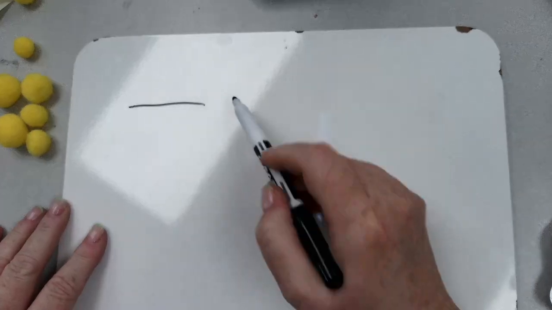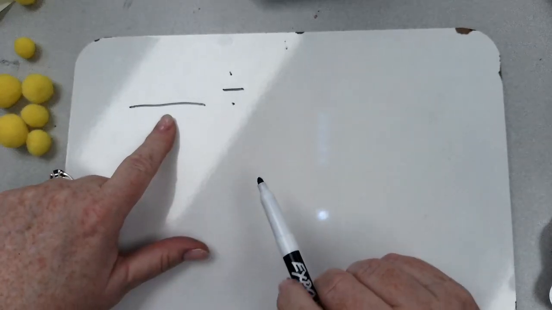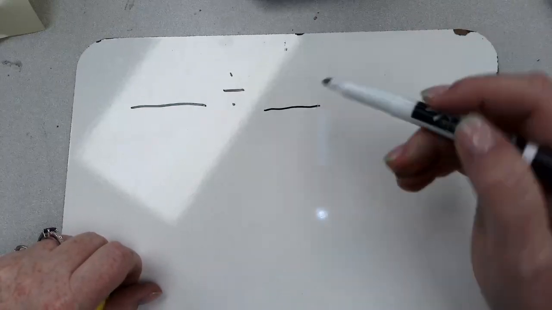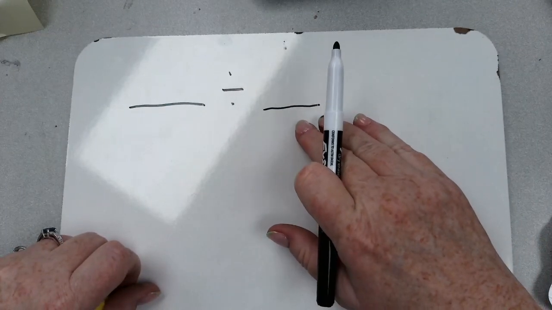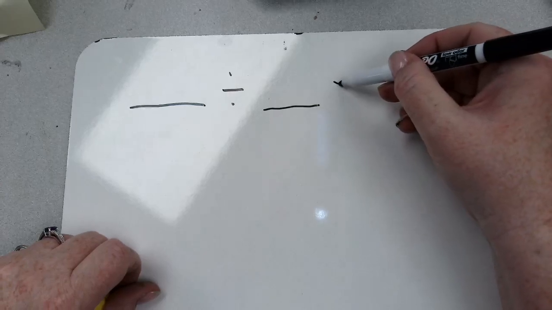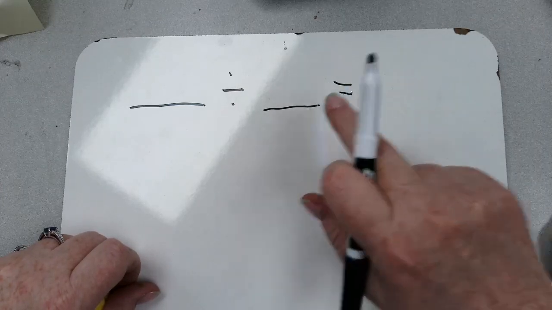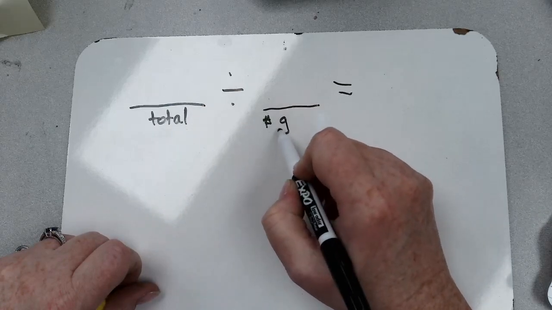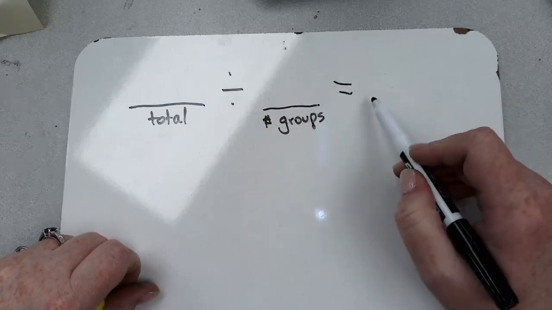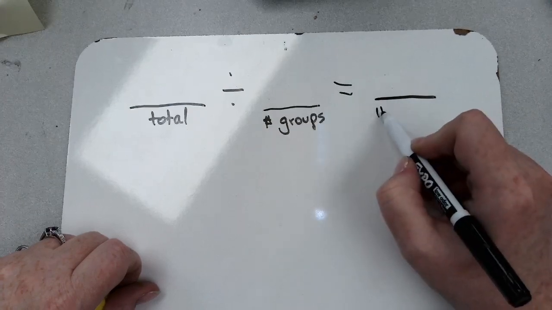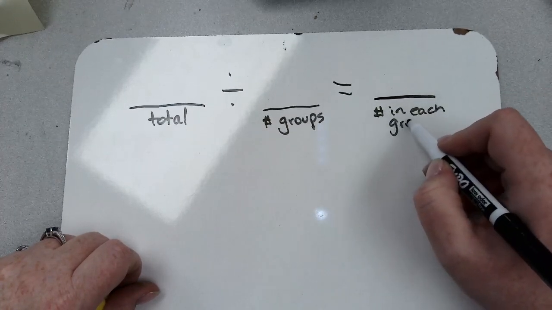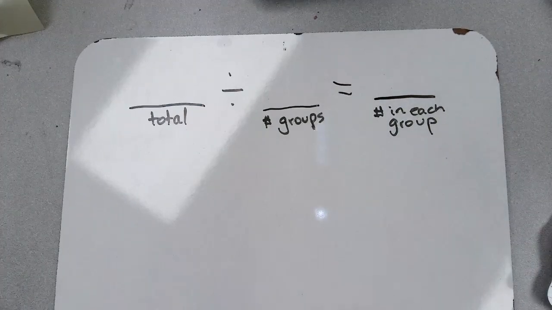Your first number in a division sentence is called your dividend. And your dividend is the total number that we have. Your second number in a division sentence is called your divisor. And it is the number of groups that you have. And so this is the total. And this is the number of groups. And the last one is the answer, which is the number in each group. And it is called the quotient. So the kids are expected to know the names of the words and what they mean and where they go